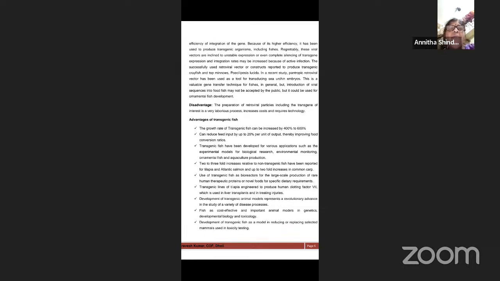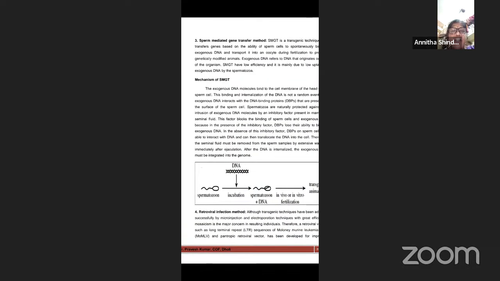And this is a very valuable gene transfer technique in fishes, but the introduction of the viral sequences into the fish may not be accepted by the general public. So that is why they are using it only for ornamental fish production. So here what you can see is this retroviral injection infection method, which I've just talked about. So what you have to do is you have to actually inject a retrovirus, the virus, into the